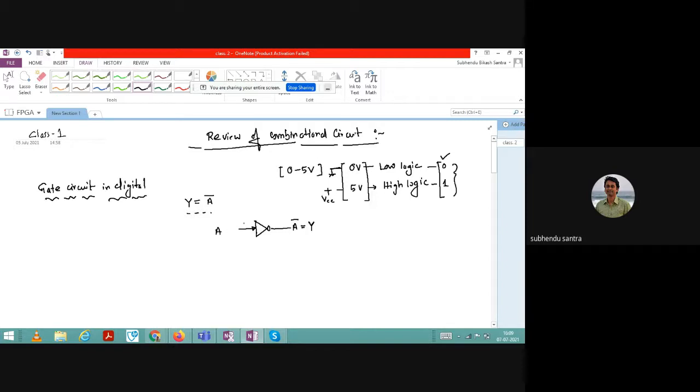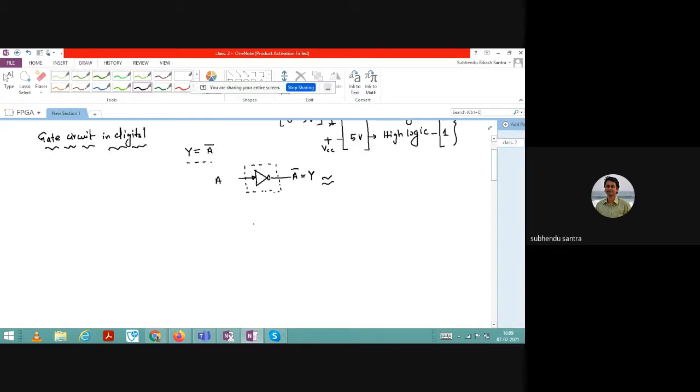Now this symbol is just a symbol, okay, but in a practical sense it does not mean anything. Okay, it is just a representation symbol. If you see the real circuit, it is not like that. I'm drawing it for your understanding purpose. So in the circuital domain, if I have to implement this, let us say this is my task, Y equal to A bar, I have to implement it. Basically you say, okay, I can get a NOT gate, and this is your NOT gate, and there I am able to generate this A bar function using this NOT gate.